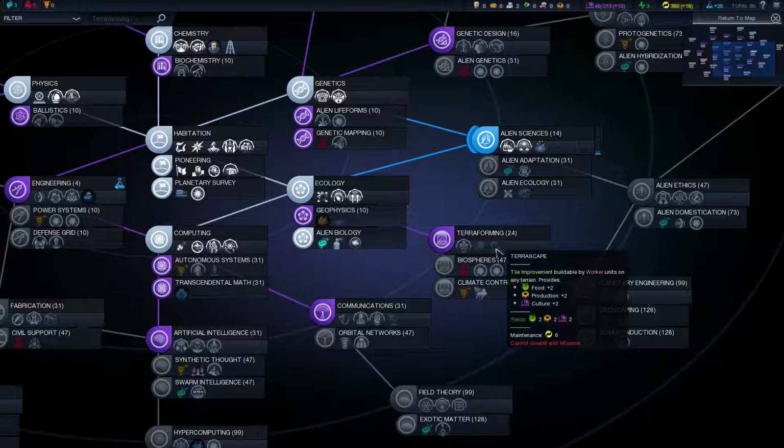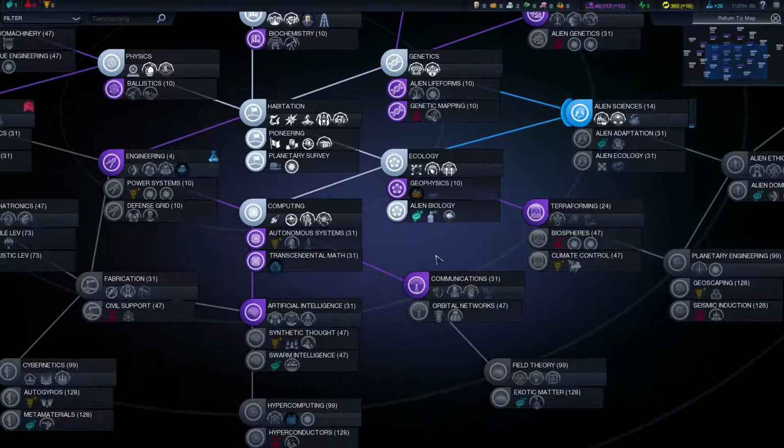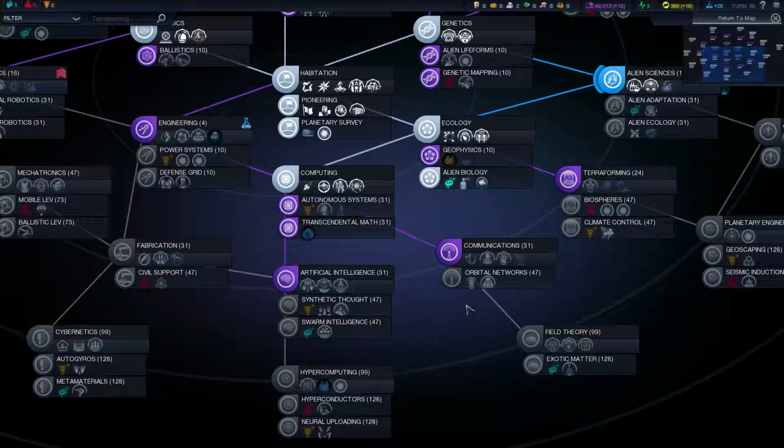improvement is just pure sick. So, I mean, this is pretty much what you want to put on all your tiles. I mean, of course, the maintenance is pretty crazy, though. But, man, 2, 2, and 2 on a crappy tile is pretty strong. The maintenance is very steep, though. It's 6. So, I mean, obviously, money right now is a concern for me,